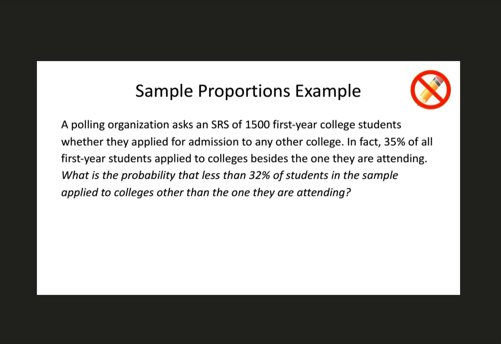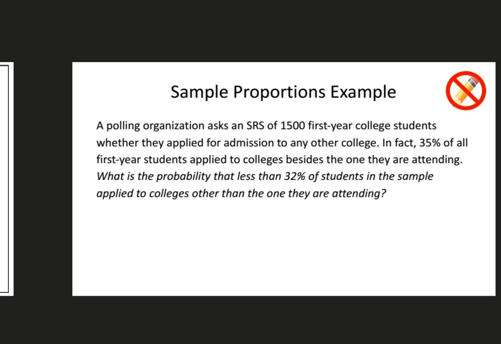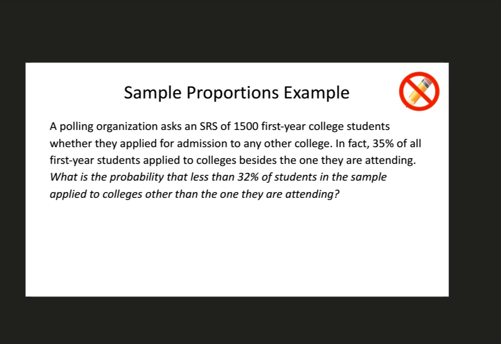A polling organization asked an SRS of 1,500 first-year college students whether they applied for admission to any other college. In fact, 35% of all first-year students applied to colleges besides the one they are attending. What is the probability that less than 32% of students in the sample applied to colleges other than the one